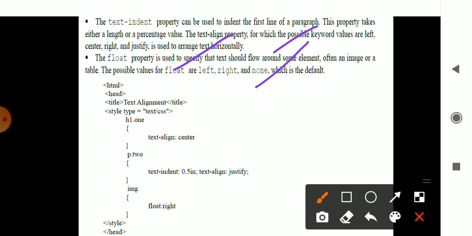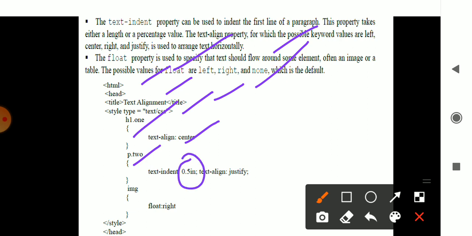Here a code is considered for the text alignment: HTML, head, then style type text slash CSS, the style sheet is considered. The H1 class has text which is center aligned, text-align is set to center. Then class P2 is considered with the text indent.